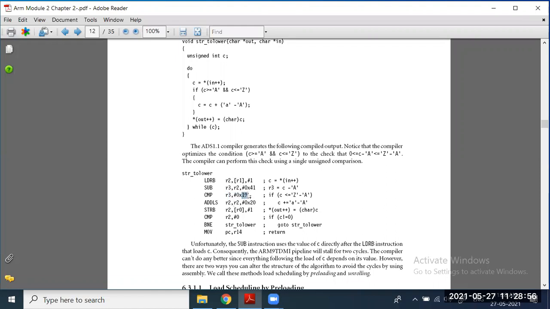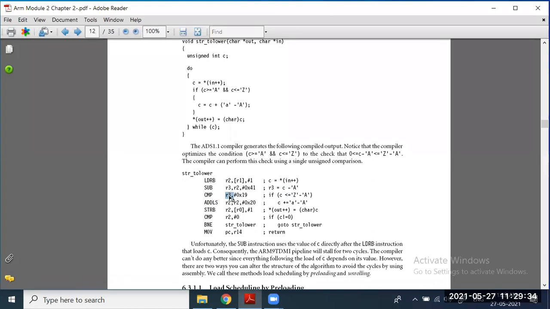What is this 19? Just now I said whether within this range, ಈ ರೇಂಜ್ ಅಲ್ಲಿ ಇದೆಯಾ ಅಂತ ಚೆಕ್ ಮಾಡಕ್ ಅವ್ರು ಏನ್ ಮಾಡ್ತಿದ್ದಾರೆ, 90 minus 65, that is 25. 25 in hexadecimal is 19. They are going to compare whether it is in that range. Now add lower or same. ಇದಕ್ಕಿಂತ ಇದು ಒಳಗಡೆ ಇದ್ರೆ, if that value is in that range, lower means less than or equals, that is the meaning of this LS.